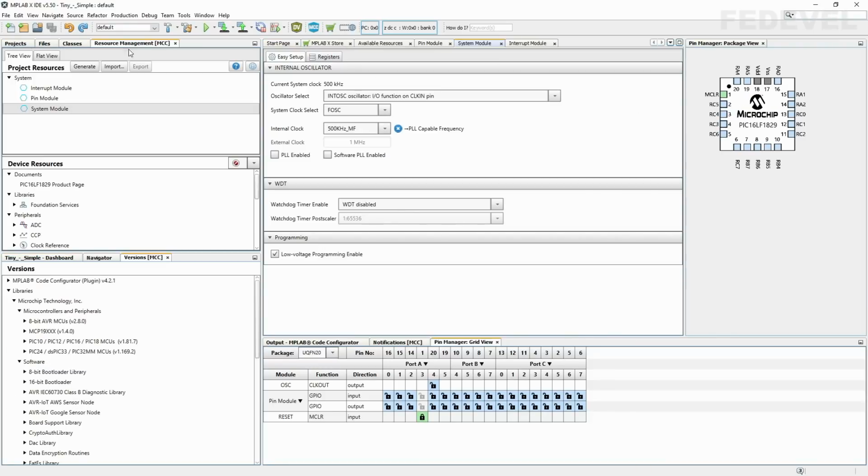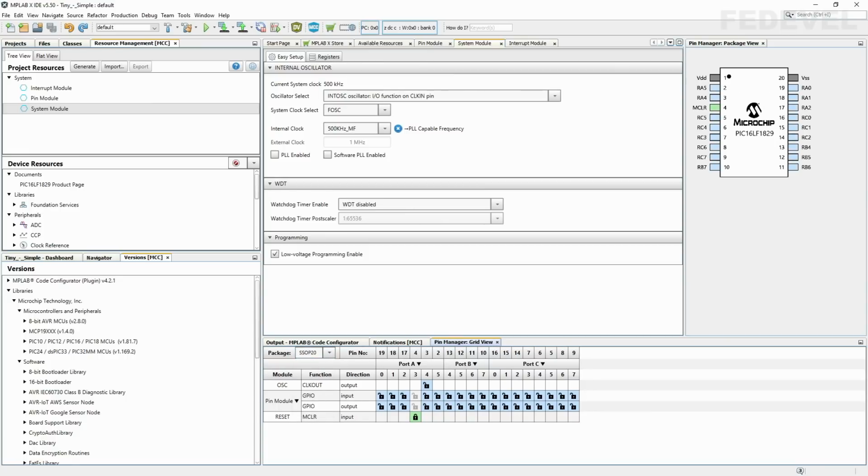Once the MCC or MPLAB Code Configurator is loaded, the very first thing we would like to do is to set the correct package. So from this list, I'm going to select, do you remember which one is ours? SSOP20.